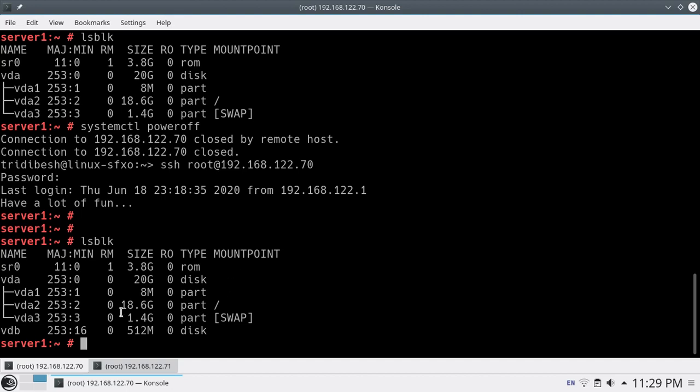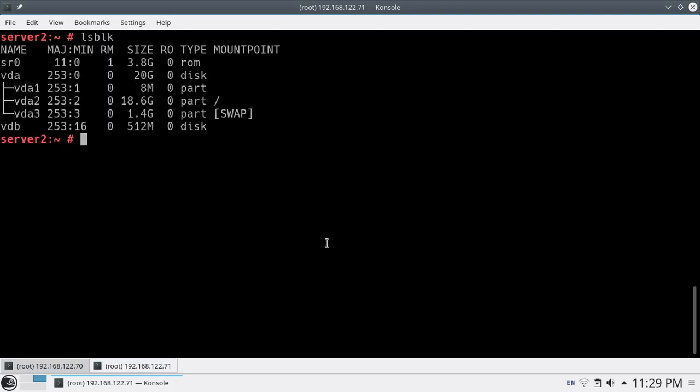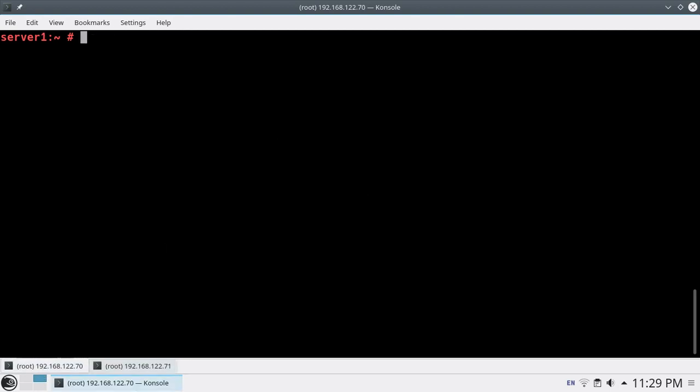As you can see, I have added the disk as vdb in server 1 and server 2 also. This is the same disk shared between both the nodes. So you need to have a shared disk assigned. First thing, you need to check the NTP. Second thing, you should have a small shared disk of 1 GB or 500 MB between both the nodes to use as a STONITH device or fencing device or SBD, whatever you call it.